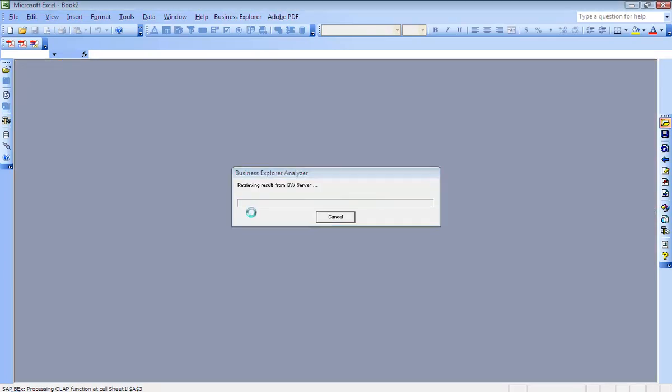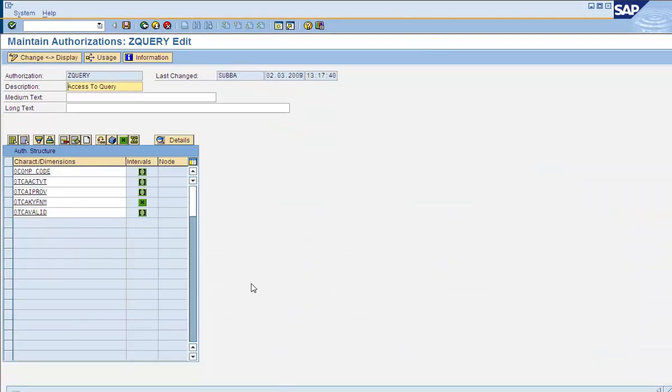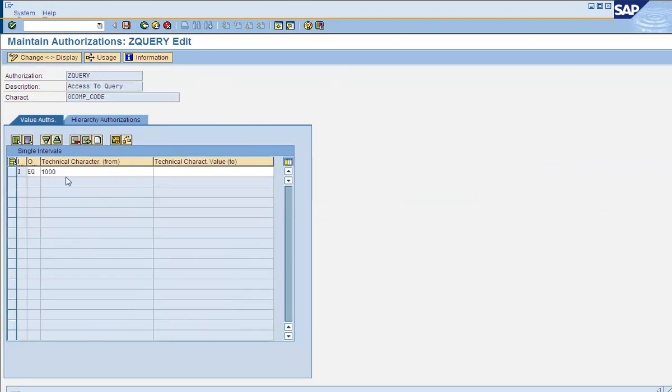And this time we are straight away getting the data now. So once you make the characteristic authorization relevant, then it has to be part of the user's authorizations through an analysis authorization. So in our case, we had to include company code in the analysis authorization.